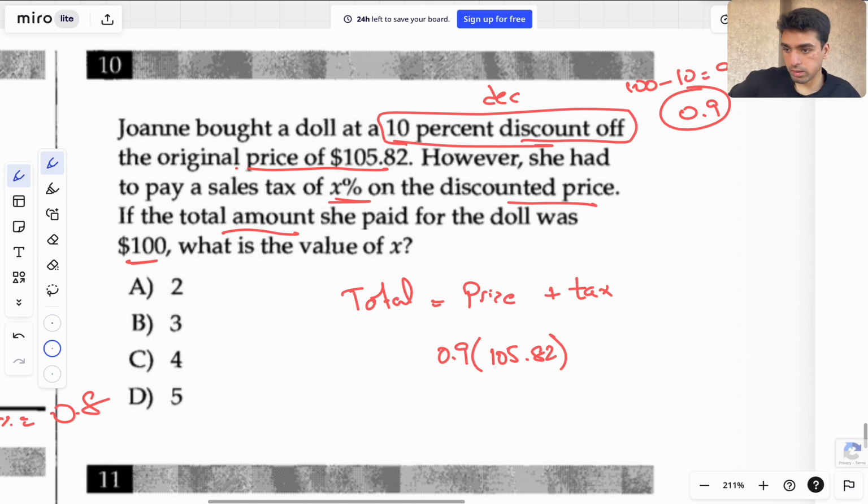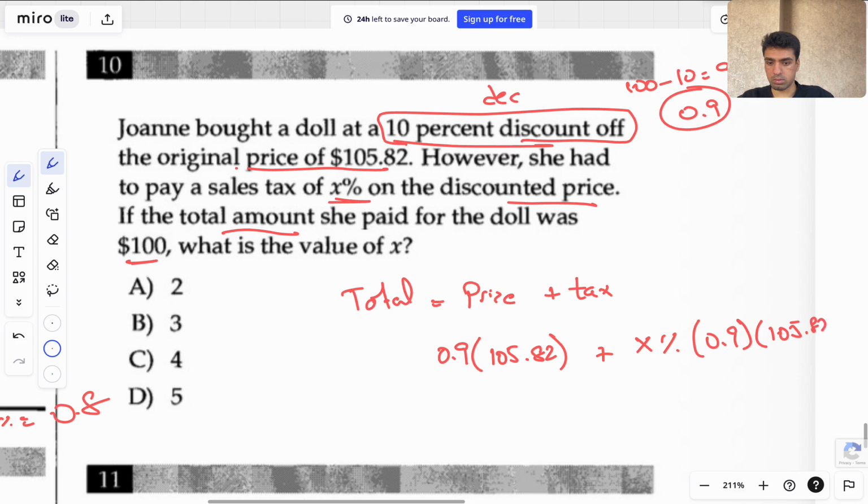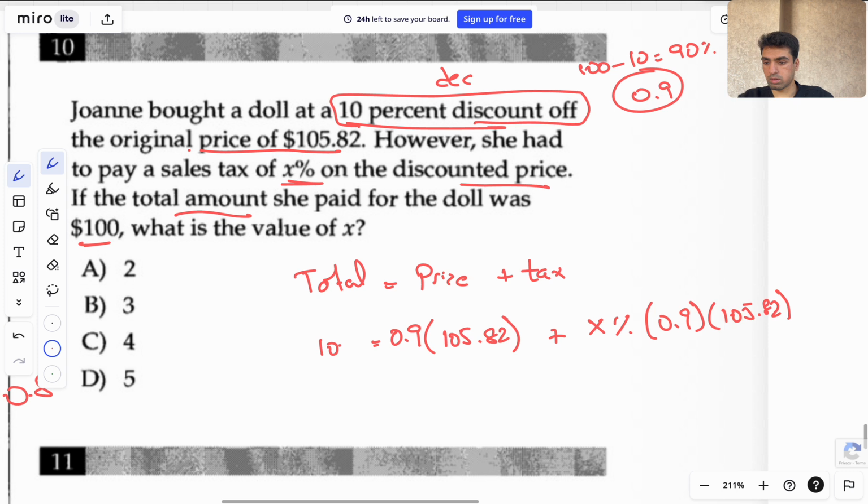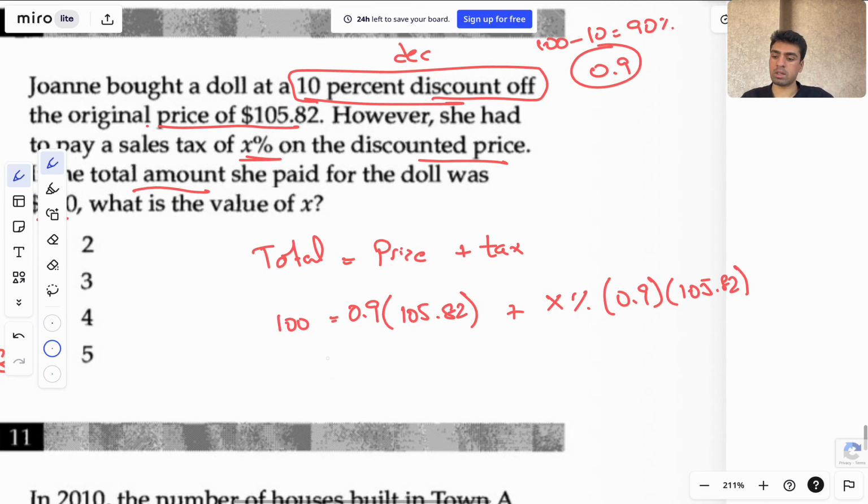And then on top of that, she has to pay a tax of X%. So she pays X% of the price that she paid, which is this. So she paid X% on top of what she originally paid. So times 0.9 times 105.82. And the total amount that she paid was 100. So that's equal to 100. So now we'll have to solve for this. 0.9 times 105.82 is around 95.2